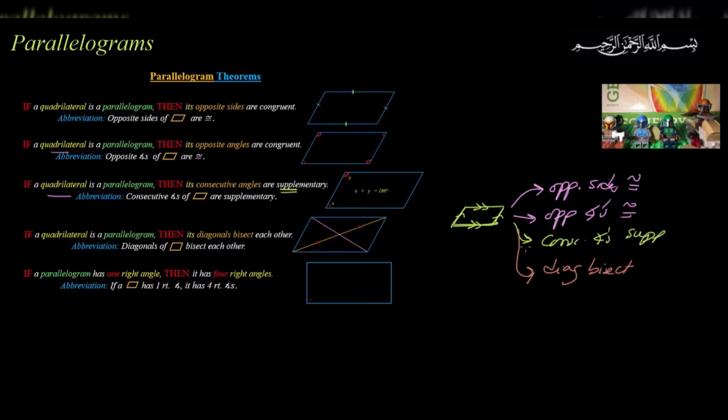And the last one is worded slightly differently, as I said, and is that we're still given a parallelogram, but we're given a parallelogram with one specific special qualification. That is, if a parallelogram has 1 right angle, then it has 4 right angles. That is, if you're told that this is a parallelogram and it has 1 right angle, then it has 4 right angles. So if there's 1 right angle, then we have 4 right angles. That's the